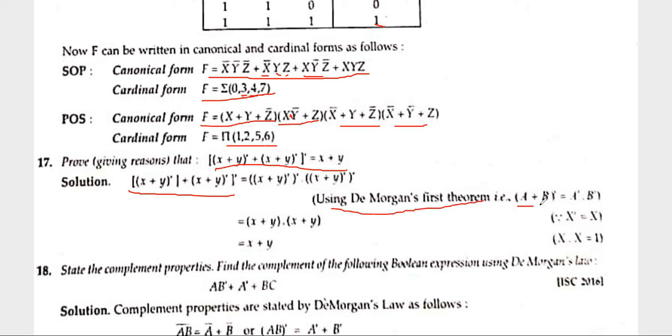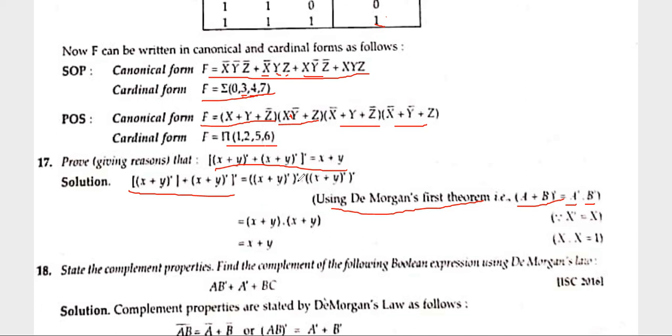De Morgan's law is: a plus b complement is equal to a complement dot b complement. A very important law. And wherever you need to find out the complement, you have to use the De Morgan theorem. De Morgan theorem for the AND operator and De Morgan theorem for the OR operator. Means if a plus b complement is given, it is equal to a complement dot b complement, and if a dot b complement is given, then it should be equal to a complement plus b complement. So for any kind of expression you have, you should remember both De Morgan's laws, and then solve the expression.